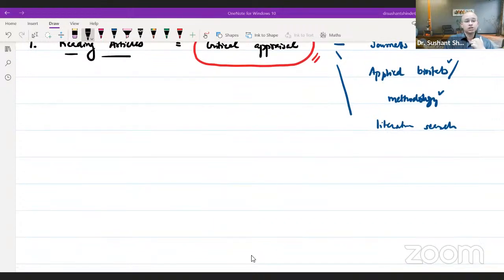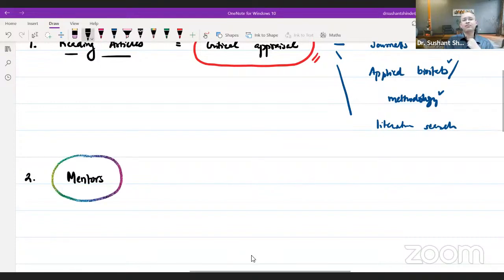If you want to do research, what are your opportunities? What are your opportunities for doing research? In one word, the answer is find mentors. How do I do research? Find mentors. Well, where will you find mentors?